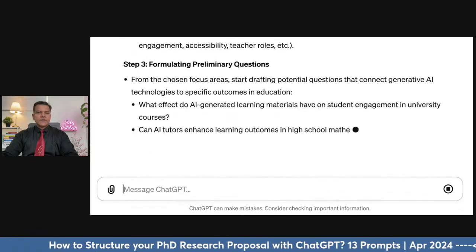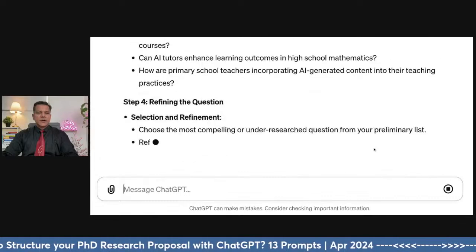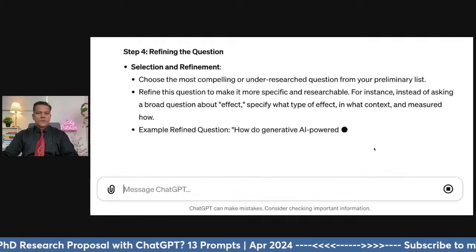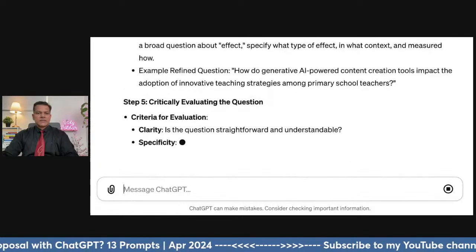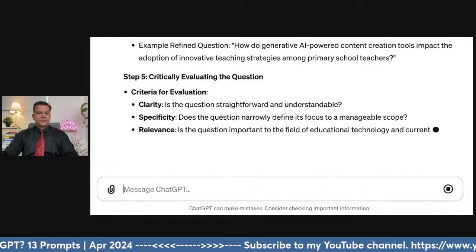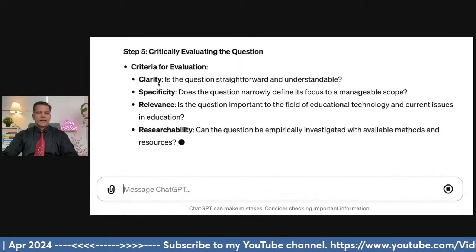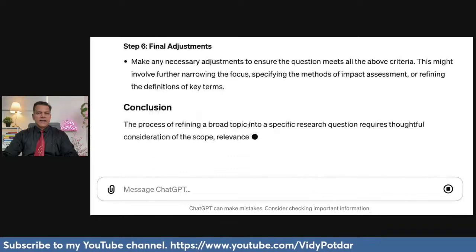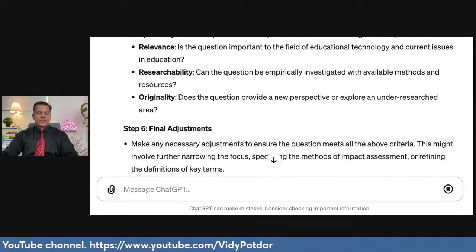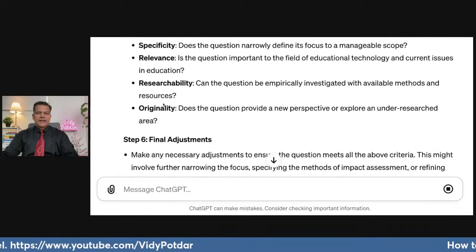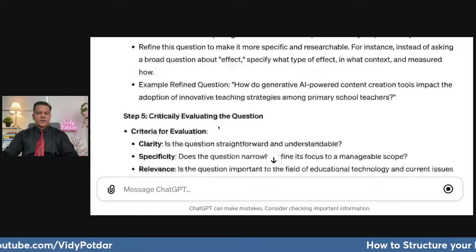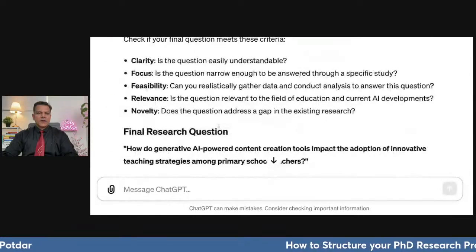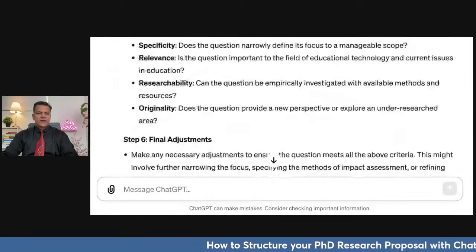So I think the result that we are getting is pretty much similar to what we saw earlier on. So this has not added too much value. So we covered the criteria: clarity, researchability, originality. So innovation is now called originality here. Researchability, what was it called earlier? Feasibility. I think feasibility, they have called it as